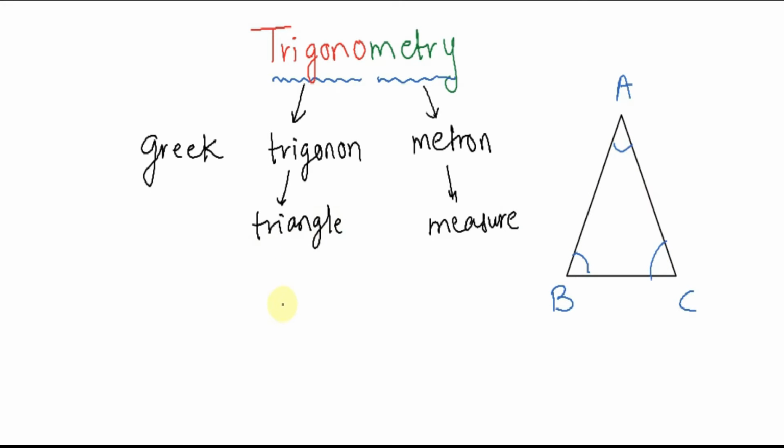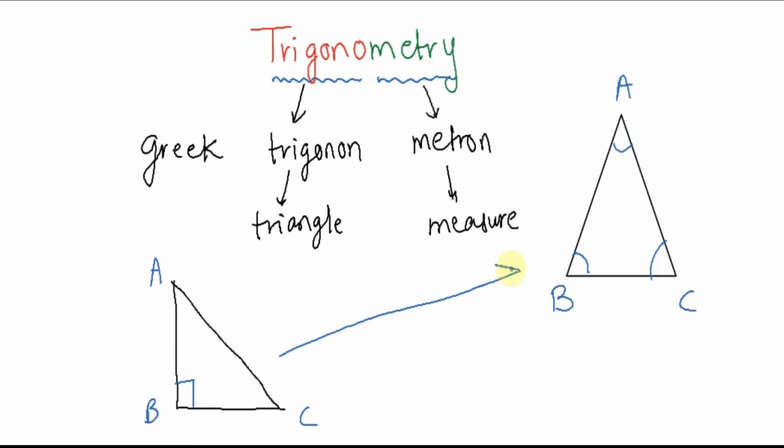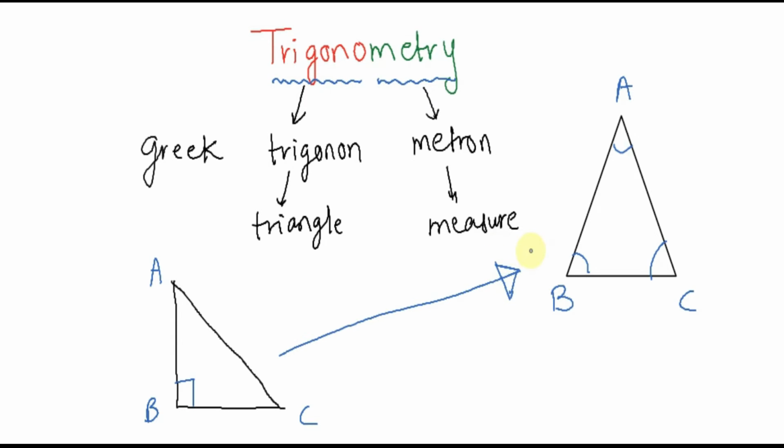We can apply trigonometry in any type of triangle, but in most cases trigonometry is applied only in right angled triangle. So to start with, we must consider a right angle triangle and no other triangle, and only as we advance through the higher levels, we use the other triangles as well. So for the time being, let us only stick to right angle triangle.